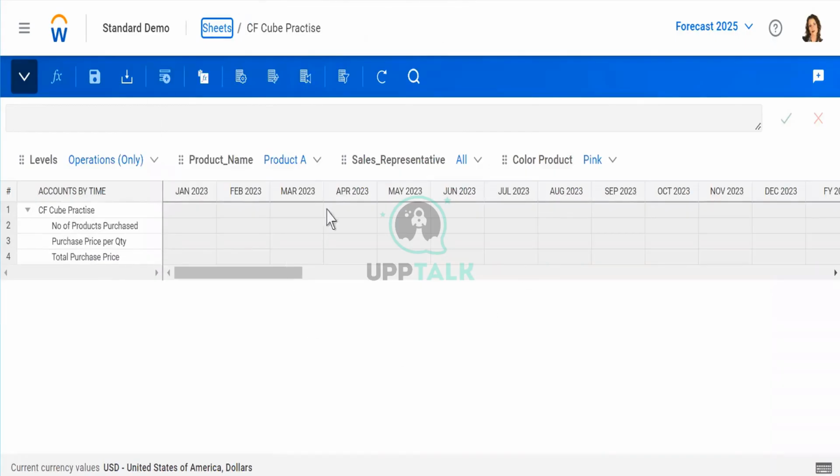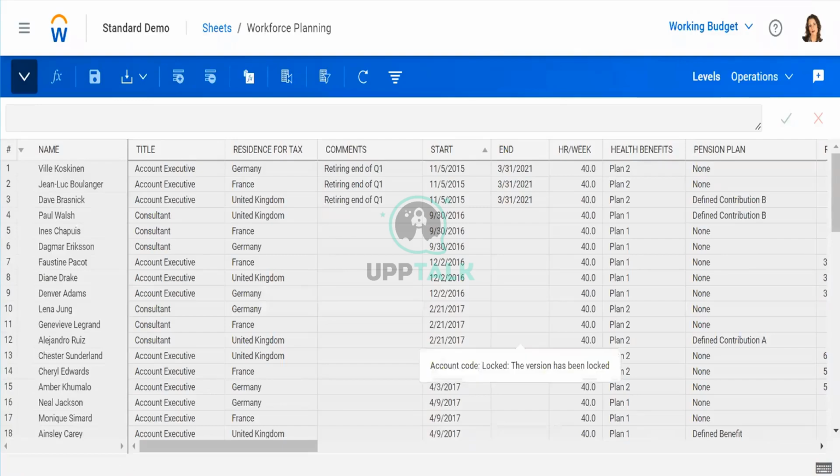Similarly, if you open the front end of the cube sheet, the first thing you should notice is whether there are certain dimensions or attributes added. The moment there is a dimension, you will notice that this is a cube sheet. You should be very, very familiar with the instance.